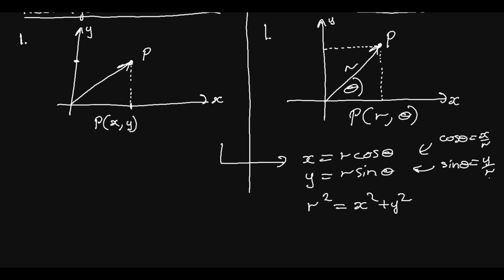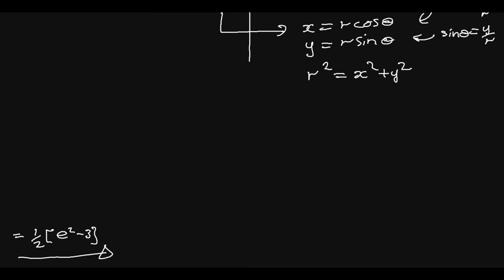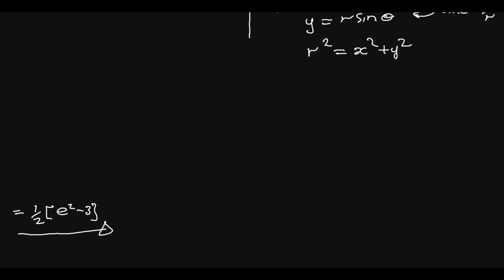Opposite over hypotenuse. So of course we can say, making y the subject of the equation, you get y is equal to r sine theta. Right. So two, what I also would like to bring in before we go to problems,